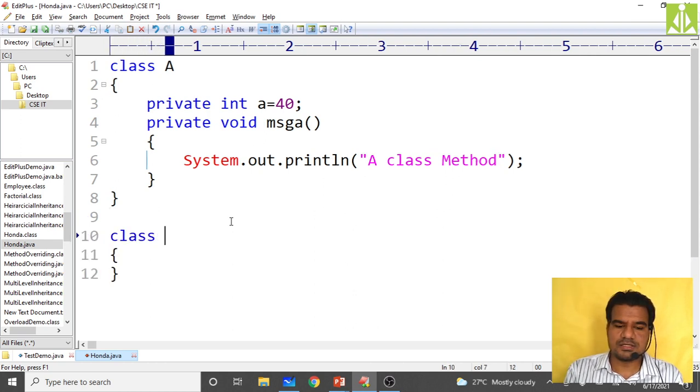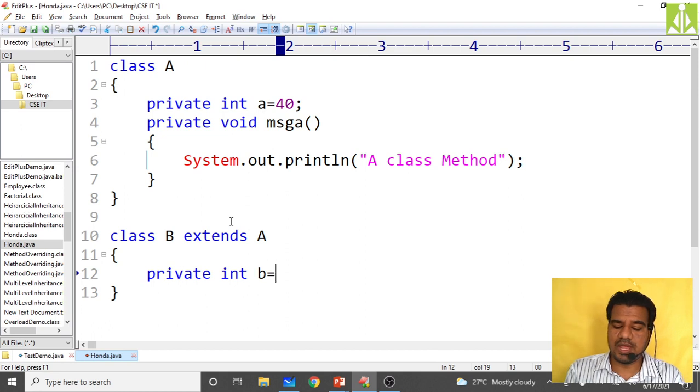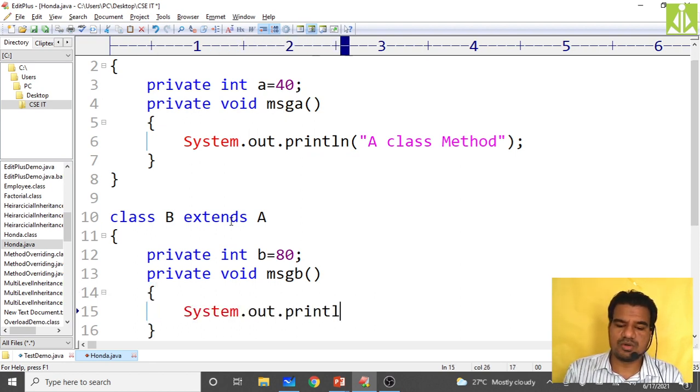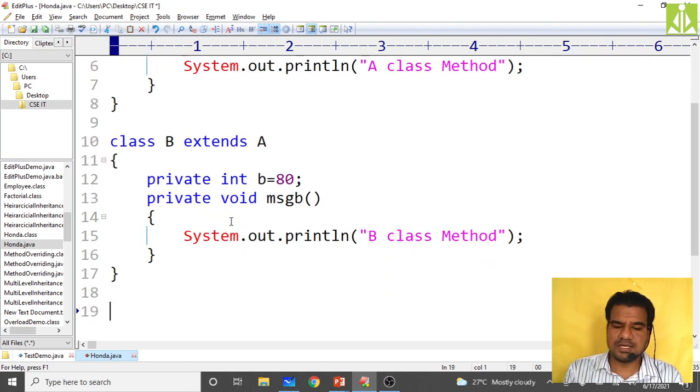Then class B extends A, so we are inheriting from A. In this, private int b equals 80, and private void messageB, in which we write one simple message, System.out.println of "B class method". So the two class creations are over.